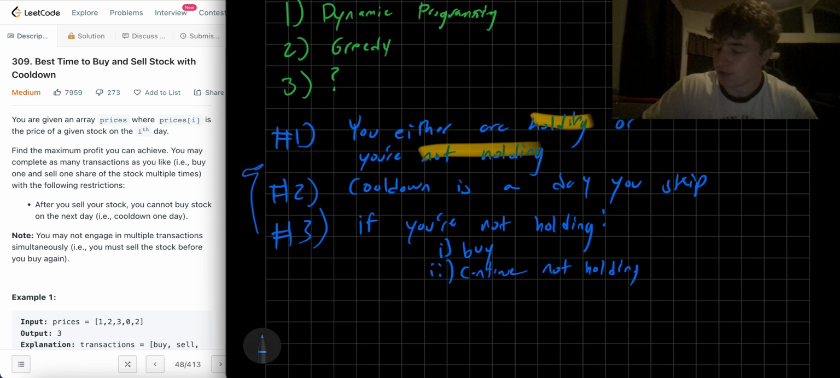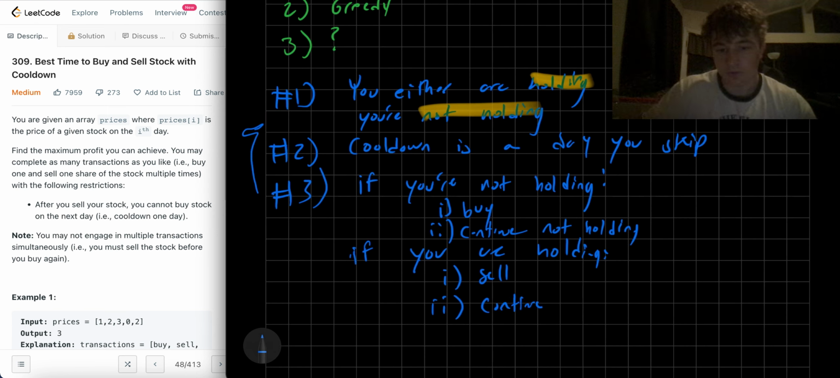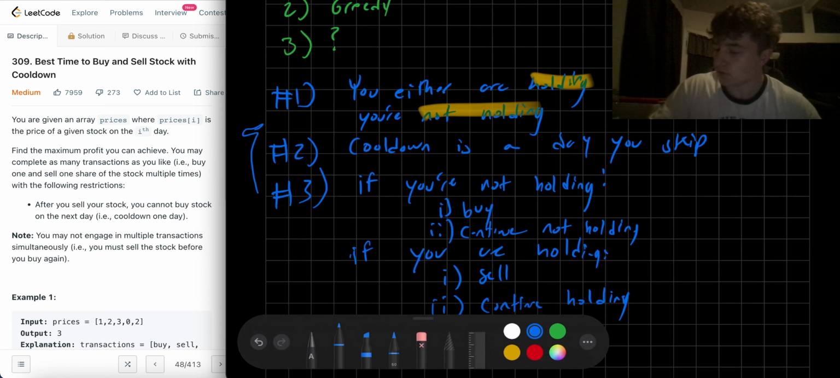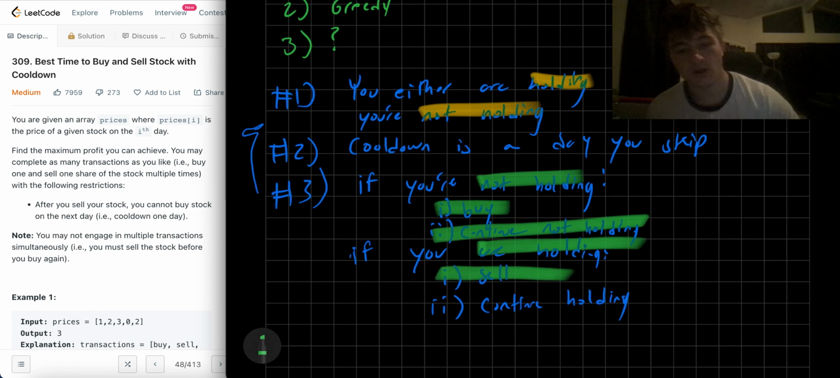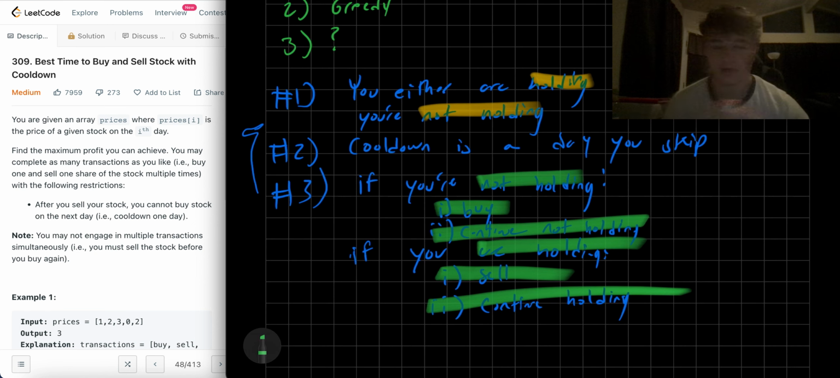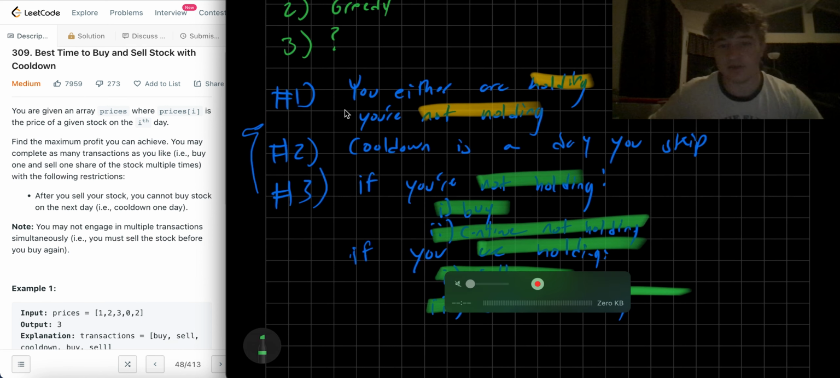And if you are holding, what can you do? You can either sell or continue holding, right? So those are the only things that you can do within this state. So if you're not holding, you can buy or continue. If you are holding, you can sell or continue holding. Okay. These are all the observations you need to solve this problem, and hopefully it's helpful in a